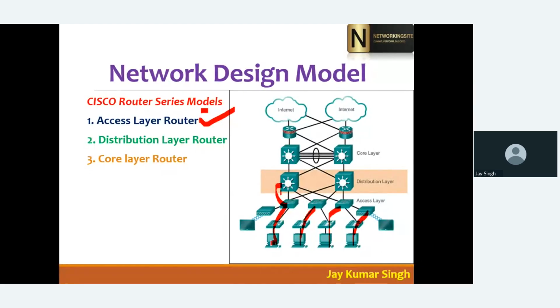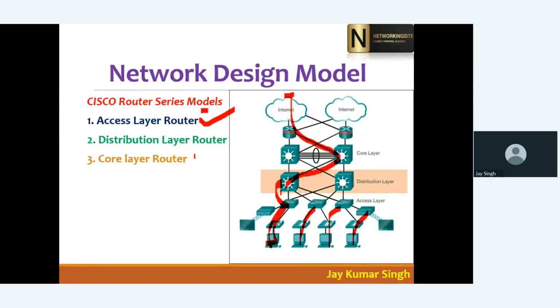Say you are on this PC and you want to communicate to Google. The access layer router provides you the path, the default gateway. But when your access layer router sends data to the distribution layer router, the distribution layer router has the information about which way your data can go faster to reach the destination.